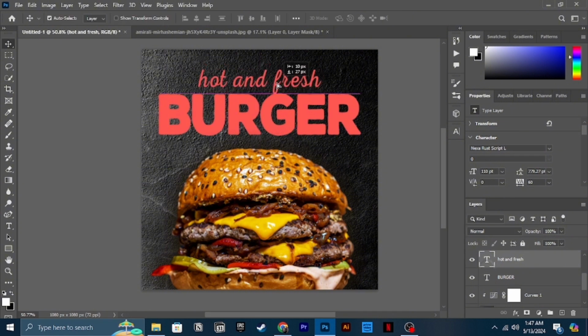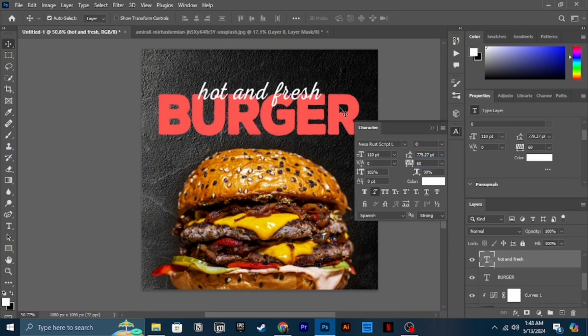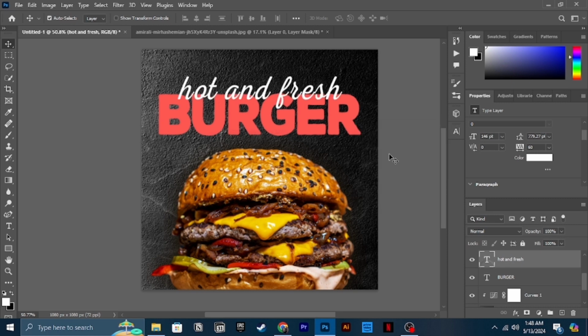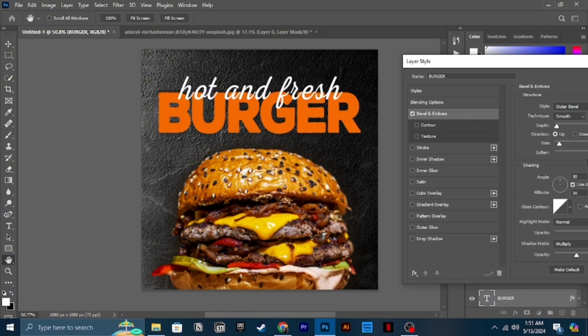So after some trial and error, I found this composition worked well with the design, and the calligraphic type with that bold burger looked good, so I kept it.